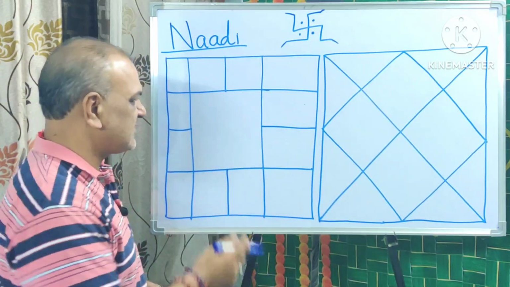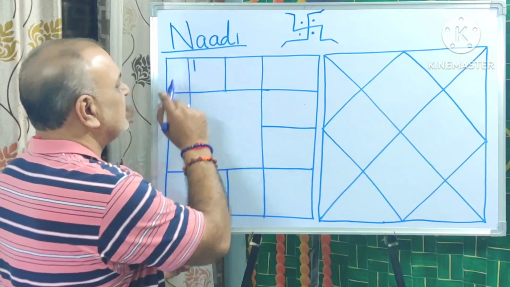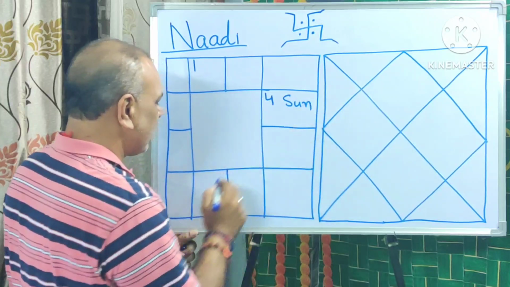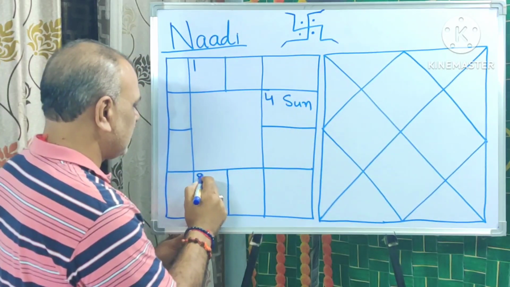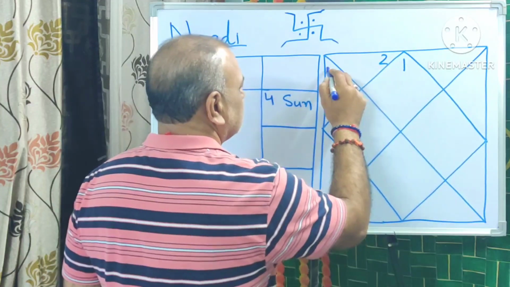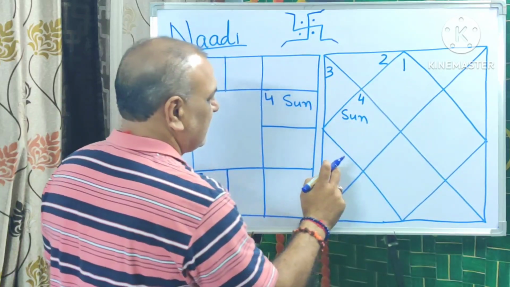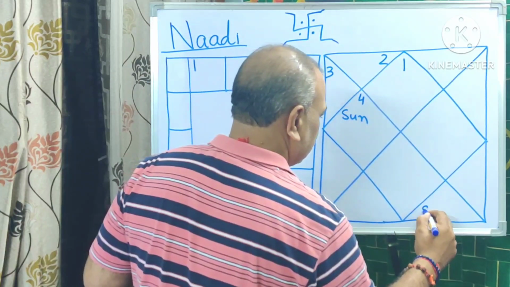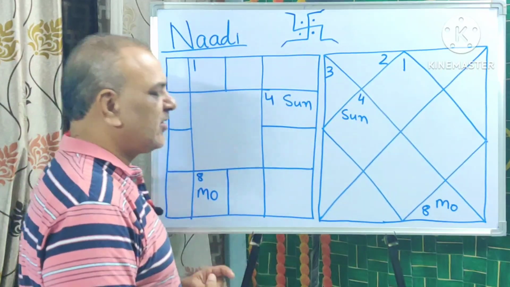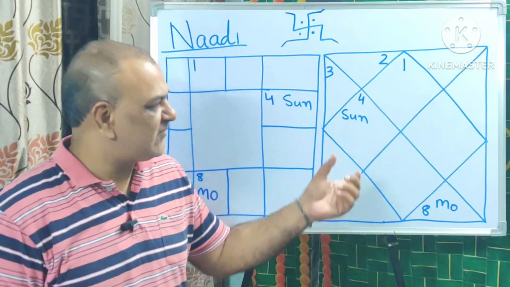Very important. So this is the South Indian chart. This is the North Indian chart as usual. The South Indian chart always starts from here. I'll write a few planets, 6, 7, 8, just for your reference. I'll take this also. Here I will write Sun 5, 6, 7, 8. Here I will write Moon. I'm not writing all the planets, but one by one, when I explain the combinations, I will write the